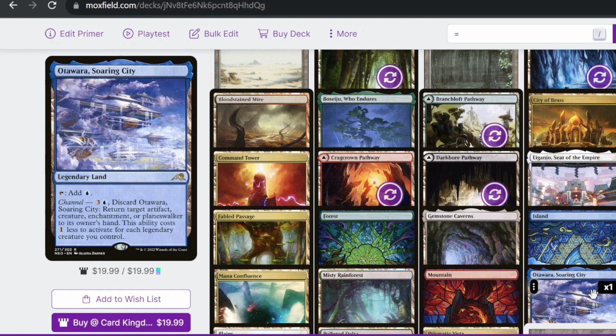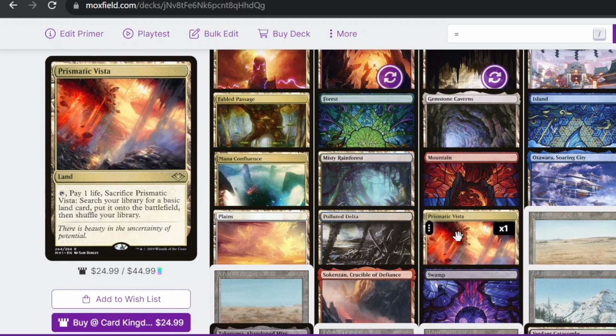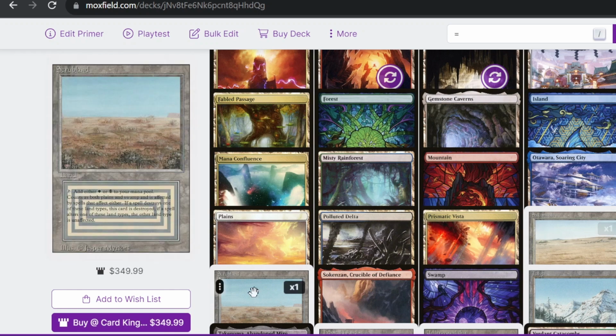Second best because this can return target artifact, creature, enchantment, or planeswalker. Sometimes it's defending, but what normally has been the gameplay is to use the channel ability to return Dockside Extortionist and then cast Dockside Extortionist and get lots more treasures, doing it that way. Then we got Plains, Polluted Delta, Prismatic Vista, Savannah, Scrubland,